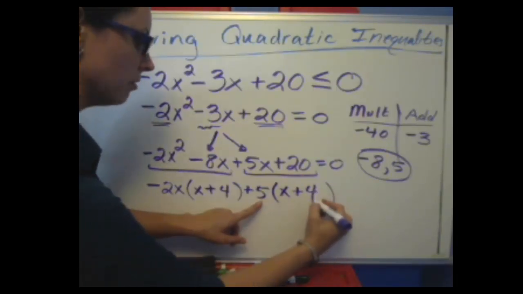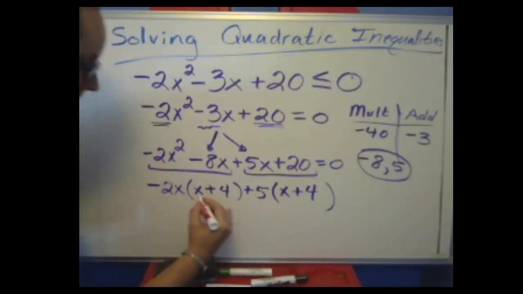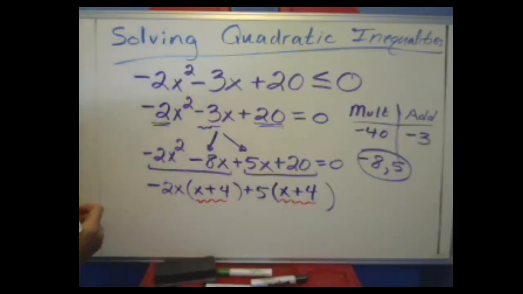That would be a positive 4. With the full grouping method, what you are looking for is for the pieces that you have just now grouped in parentheses to match exactly. So here we have x plus 4, which is exactly what we need. Because now